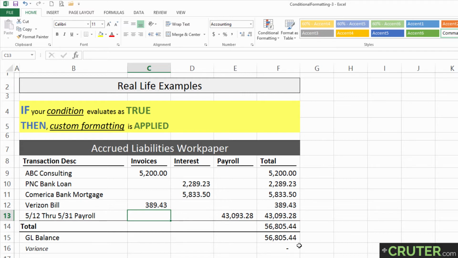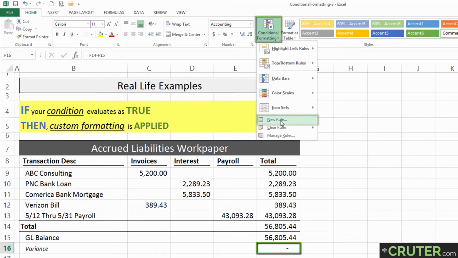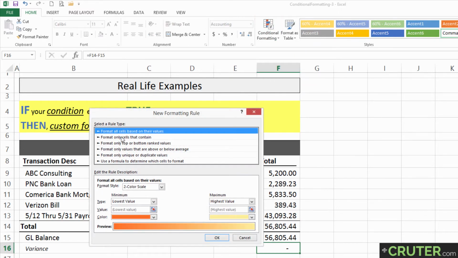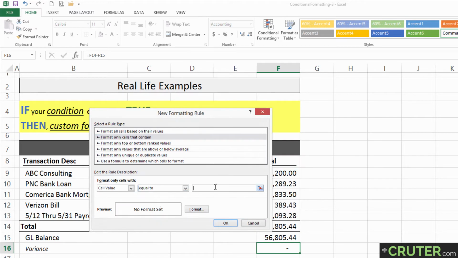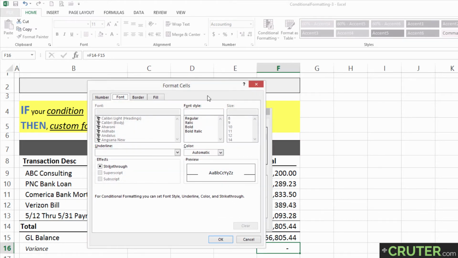What if I want to go ahead and highlight this in bright green to tell me, hey, green means good, I'm all set? Well, you could do that simply by saying, hey, if this equals 0. So I'm going to go New Rule, same area, format only cells that contain, cell value is equal to 0. Last time it was not equal to 0. This time, if it's equal to 0,